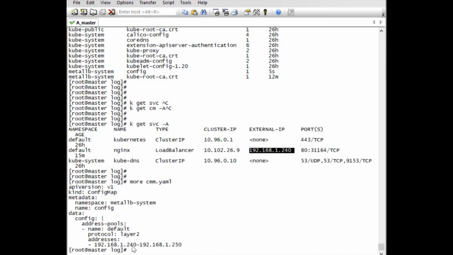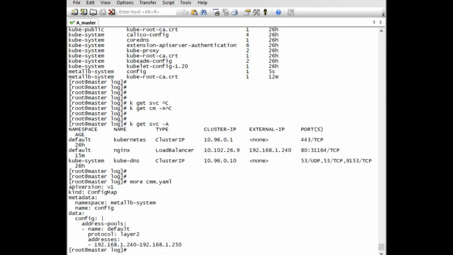It was 192.168.1.240-250. By default, this NGINX service was in the pending state because we didn't have any load balancer. But as soon as we install the load balancer in our cluster, the load balancer service IP is assigned automatically from this range.